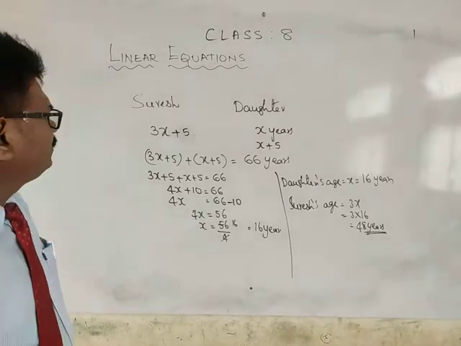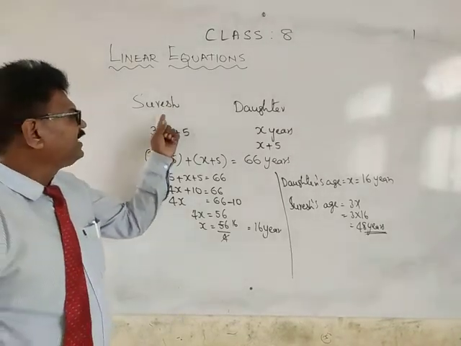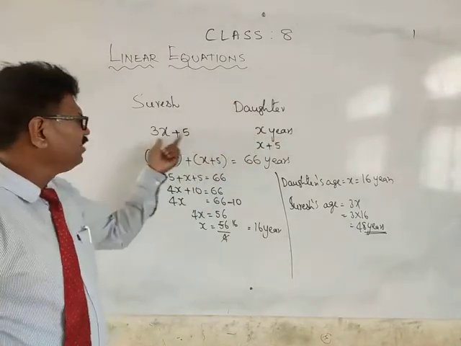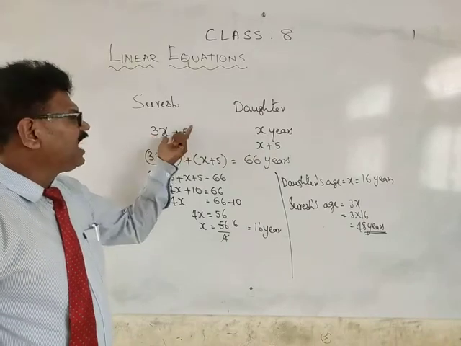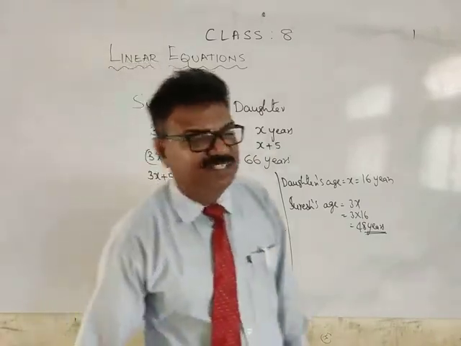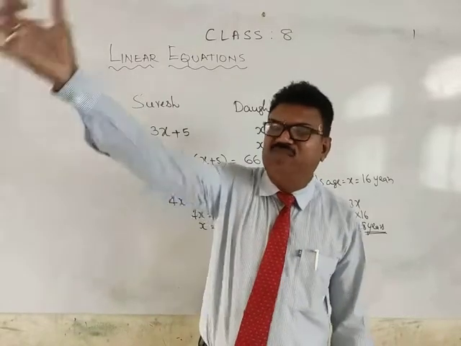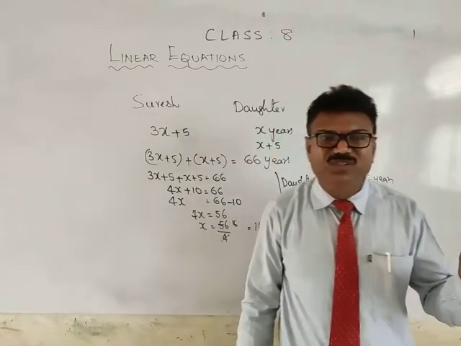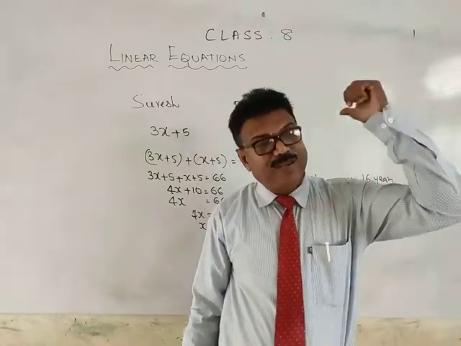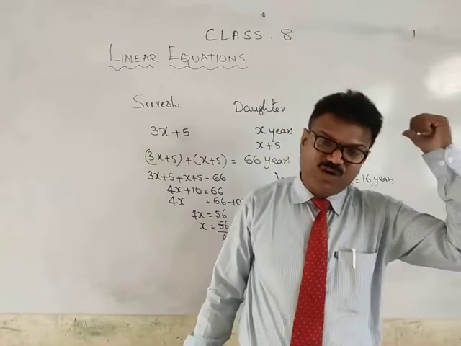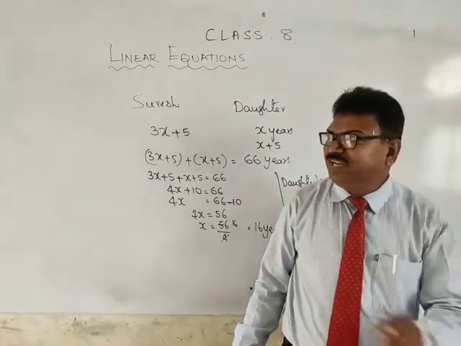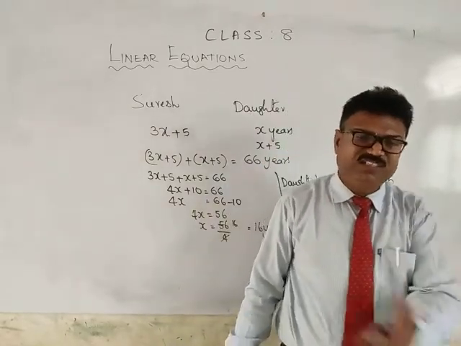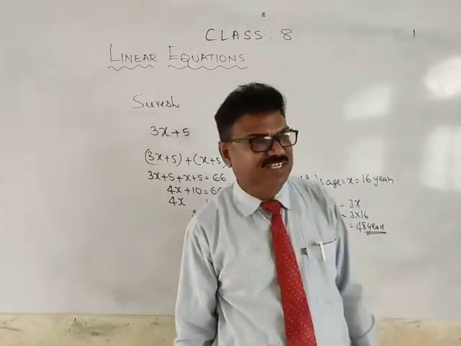Yes? So Suresh is 3 times his daughter's age. X years her daughter, therefore it will be 3x. Afterwards, after 5 years. After 5 years means from now. After means we should use plus. Ago means before. For this we have to use negative sign. Did you understand? Times, product. For this we have to use multiplication signs.